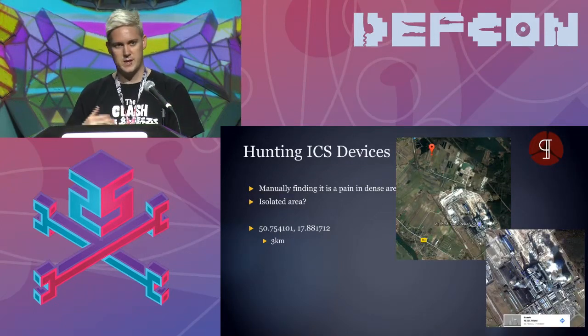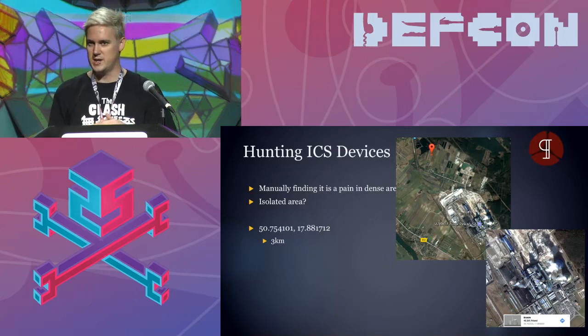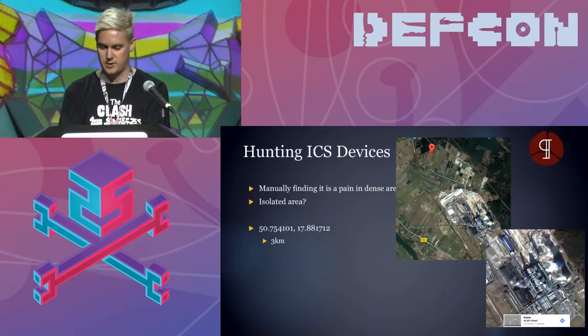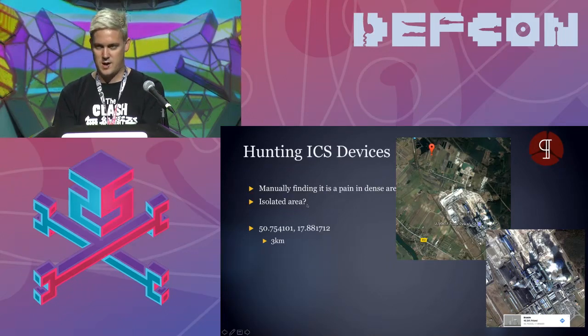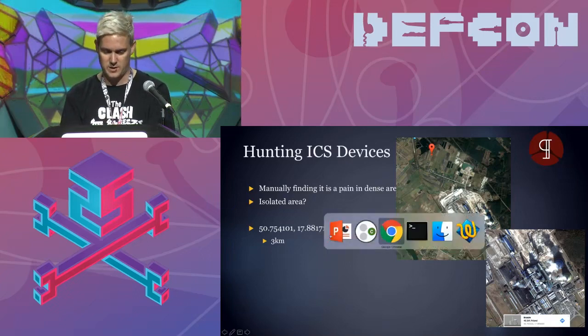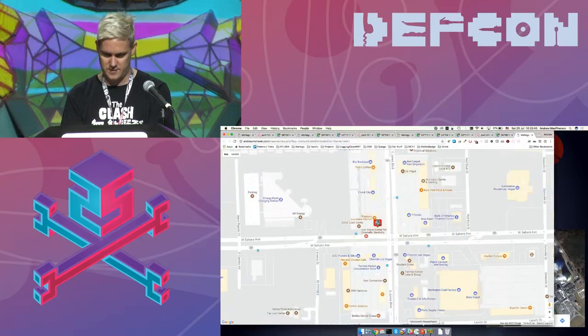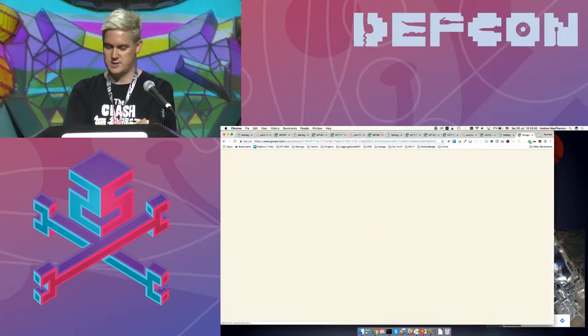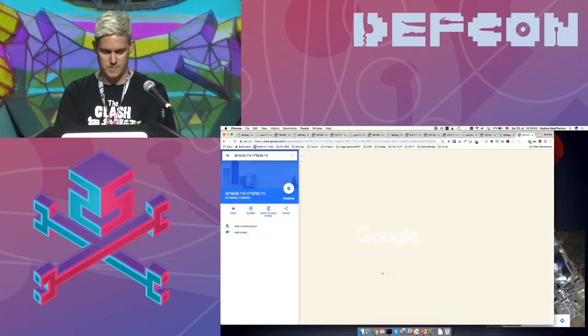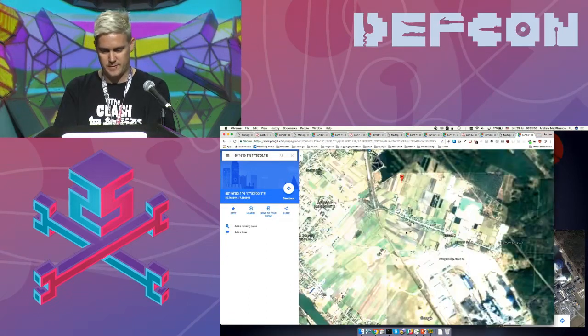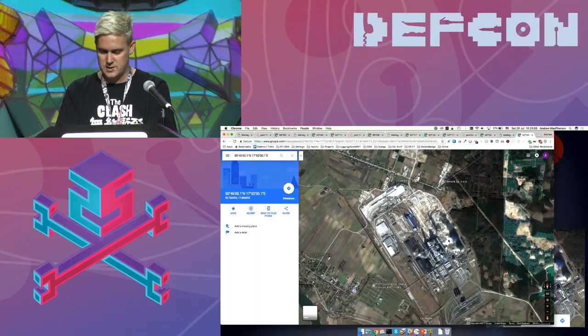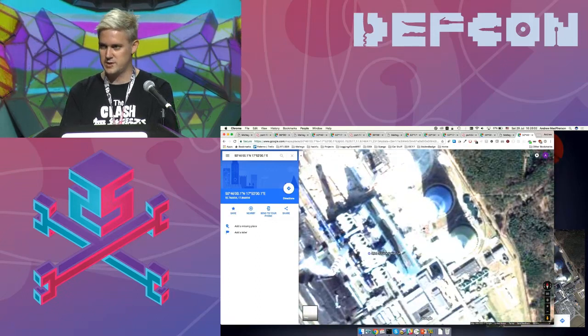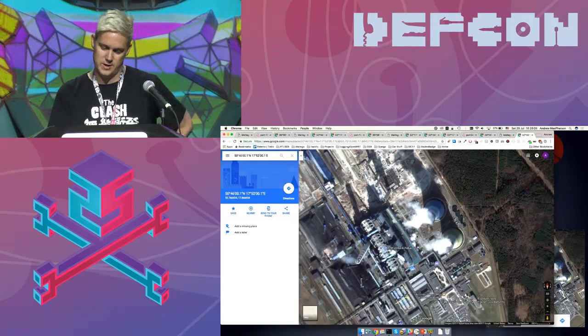But actually, if I'm looking to be someone who targets, okay, not just Nevada Energy, I target like all power systems in Poland, right? I decide that actually I'm going to attack Poland today. So in a dense area, that stuff sucks. But in an unpopulated area, if I look at something like, actually I have this written down so I don't have to do this. Right, if I look at something like this, so this is a power station in Poland somewhere. If it loads up, there we go. Okay, and if I look at this power station over here, you can see they've got the chimneys with the smoke, so they must make electricity. That's how I know that that works.